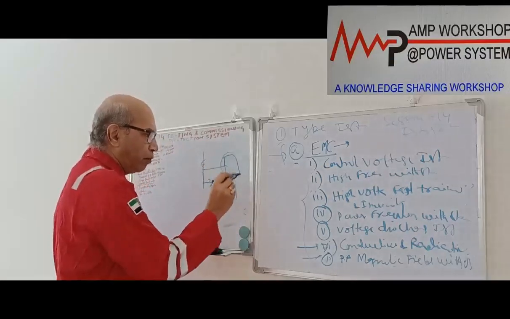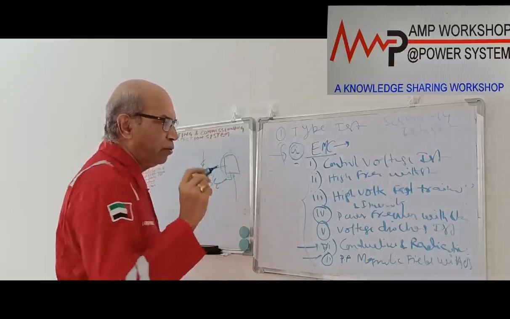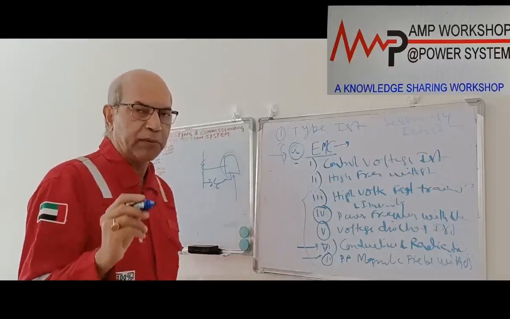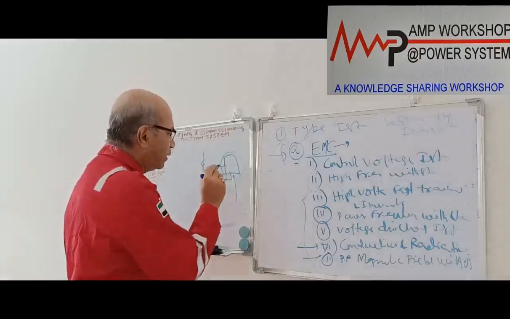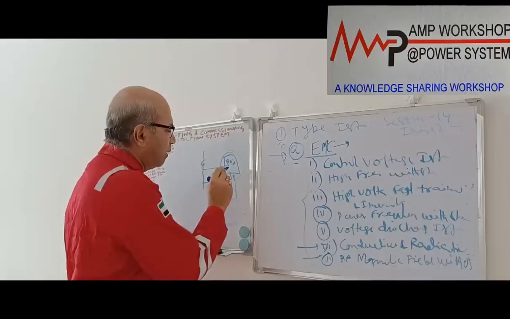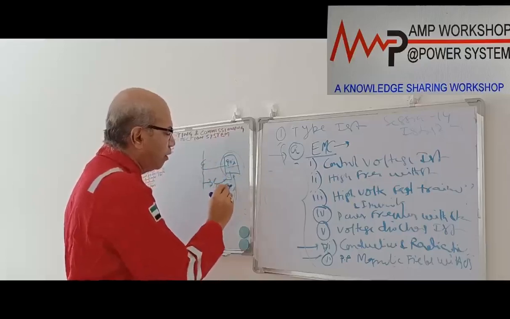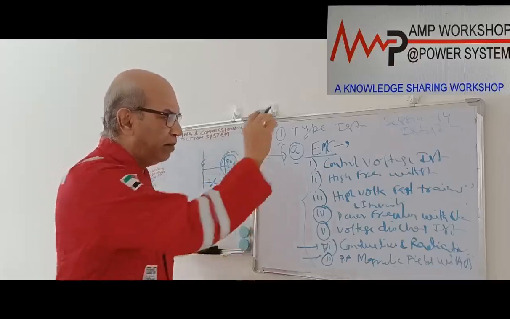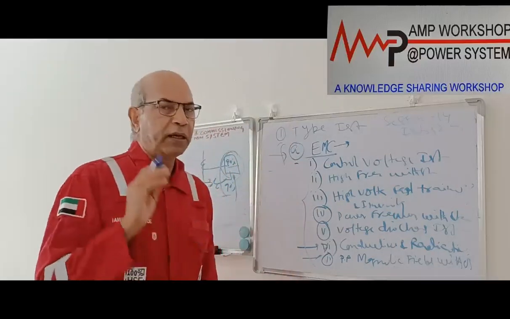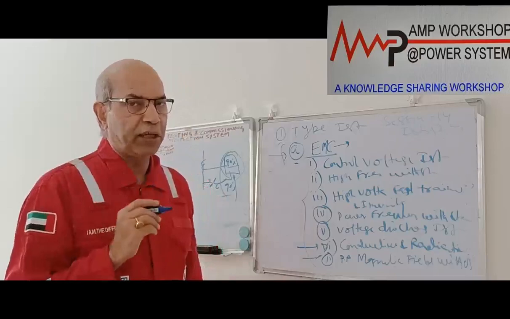So for all these tests, when the relay protection device is not in tripping mode, that means it is in normal operation mode. At that time we set the current setting at 90% and the voltage setting at 90%. We put this, and the control voltage we maintain. Under this condition, if any disturbance comes on the relay, it should not operate. That is how we check.